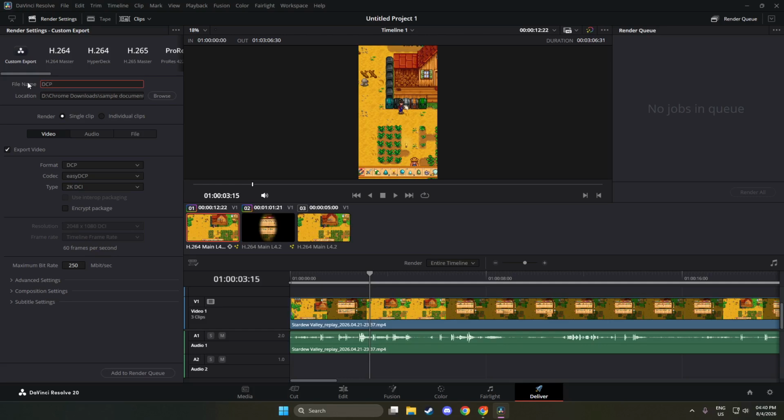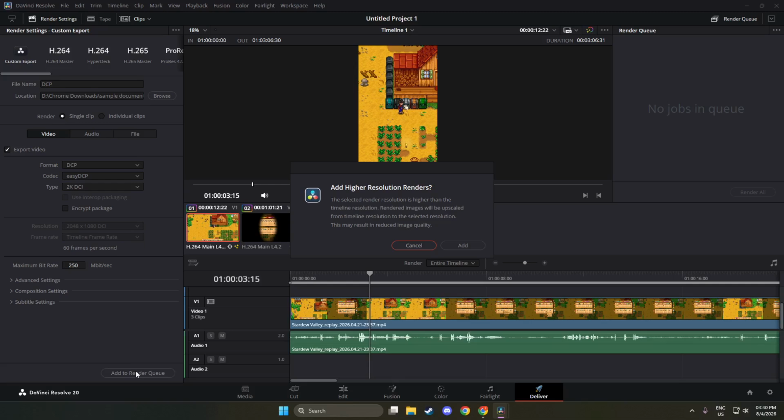Make sure Export Audio is enabled. Check the audio section of the render settings and confirm that Export Audio has a checkmark. If it is disabled, your DCP will contain only picture and be silent in the theater. Many beginners forget this, so always glance at the audio channels listed below to be sure at least one track is active. As soon as the box is checked, audio will be included in the package.